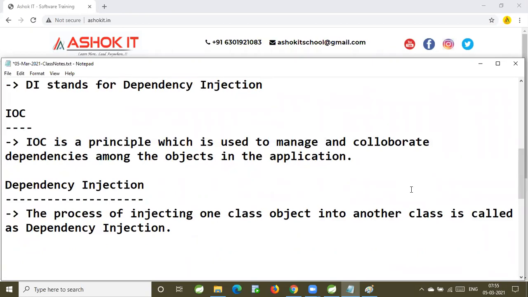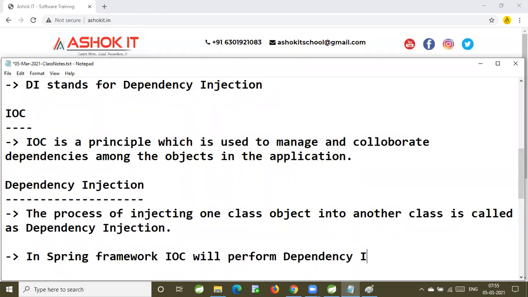In Spring Framework, IOC will perform dependency injection. IOC is going to perform that dependency injection for us. Please read it. What is IOC and what is DI?